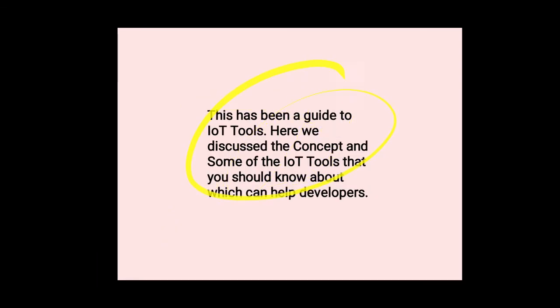Okay, and finally, this has been a guide to IoT tools. Here we discuss the concept and some of the IoT tools that you should know about, which can help developers. Okay. Actually, we have seen some tools of IoT in these PPTs.